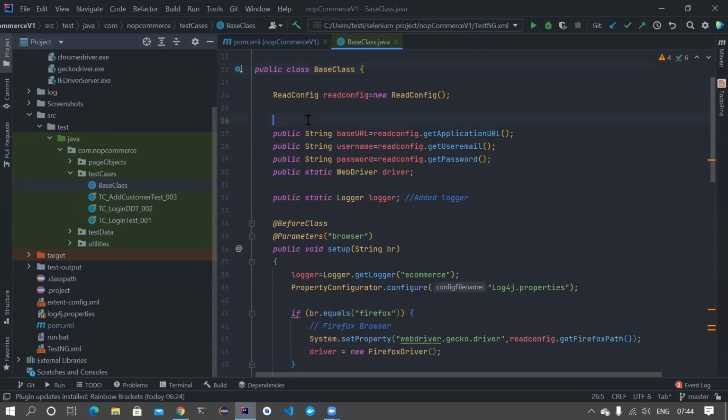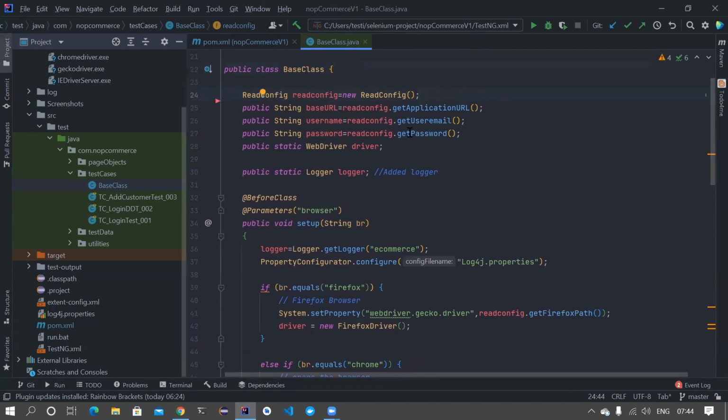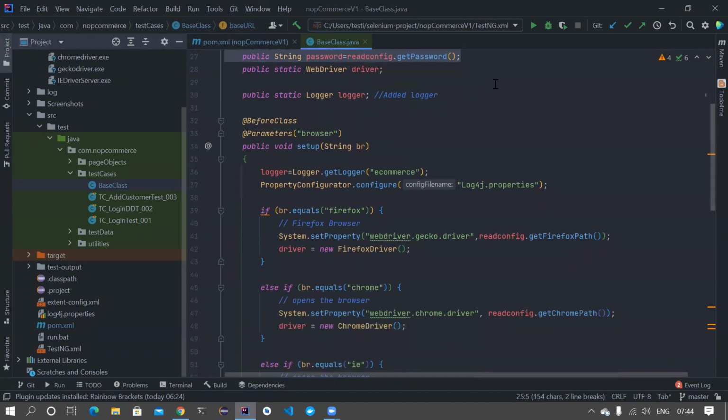Again, this code is doing a lot of things. They are reading something from a property file, and if you're reading something from a property file, you want an instance variable. We'll fix this later, but for now our focus is to basically run this test. They are passing the browser value from the testng.xml, as we know. And look at the name, guys. Look at the name, br. What does br mean? Why can you not really name it browser? What's the real harm in there? Let's try to fix all these things.